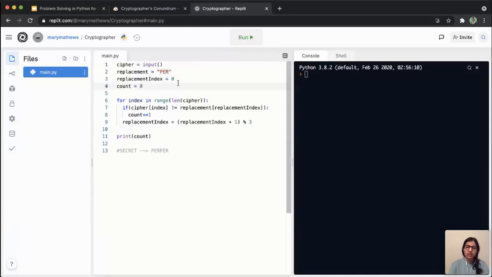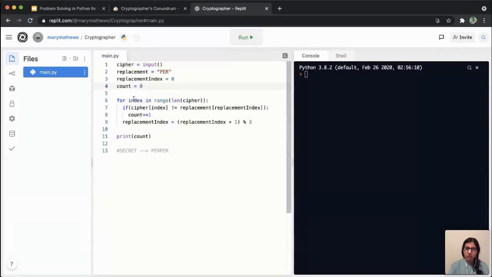Then I'm setting my replacement index to 0 and count to 0. So this I'll explain in the loop. And count is the output which we want. The number of characters which we're replacing, I've called that variable count. And that will be 0 initially, because suppose my input itself is this, my final result should be 0. So that's why I'm setting count to 0 initially.